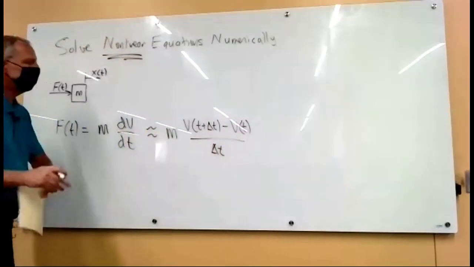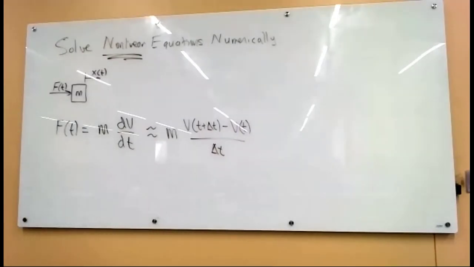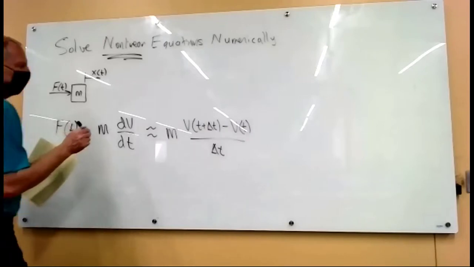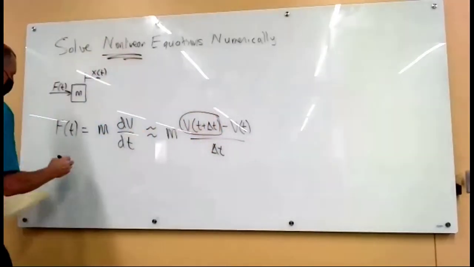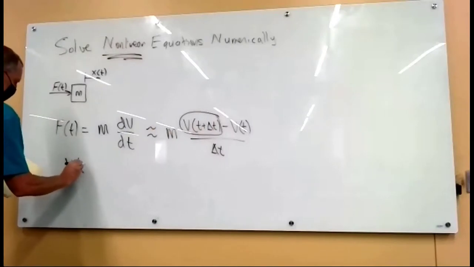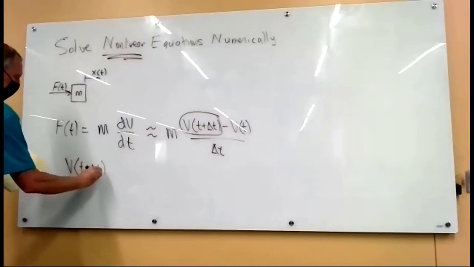Right, in the limit, as delta t gets small, we get the derivative. And so if we solve for v one time step ahead, v at t plus delta t,